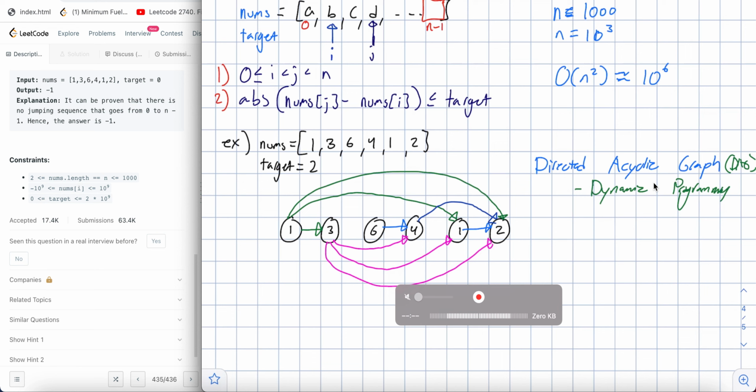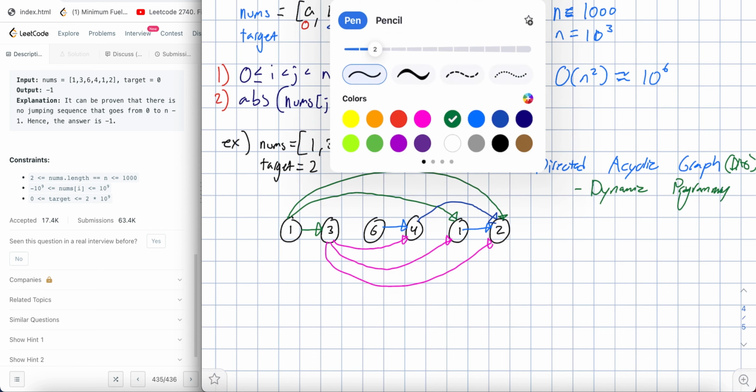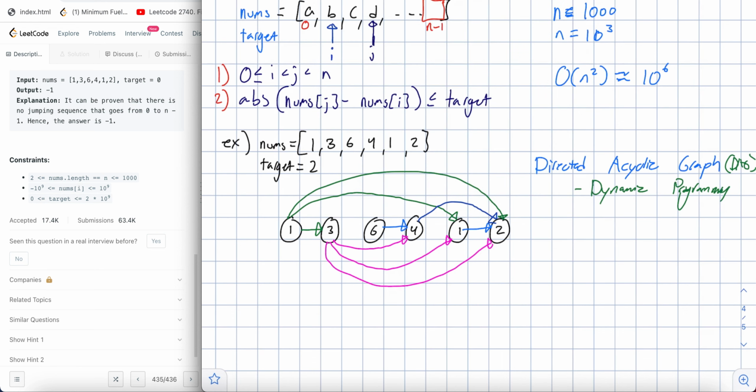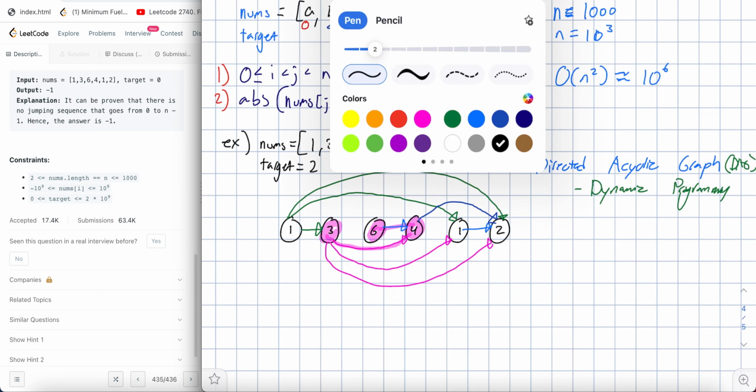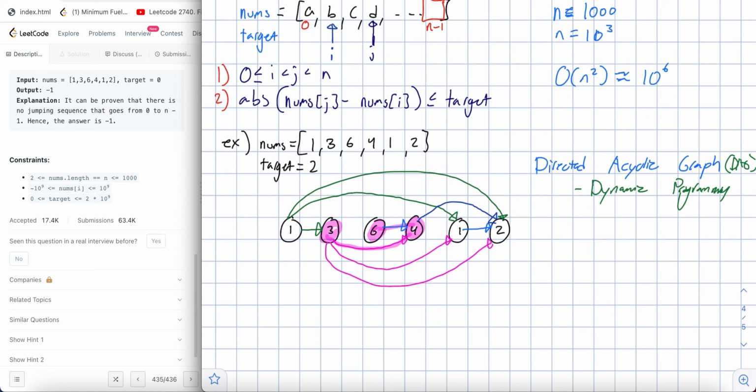And that means for any node X, how you would solve this is you would look at any individual node, like 4, for example, and then you would look at all the people that can get to 4, and your solution would be just a solution based on theirs. The solution at node 4, if we're trying to maximize our length, is 1 plus the solution at node 6,